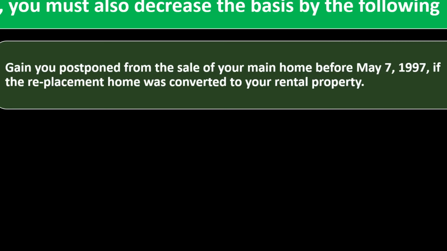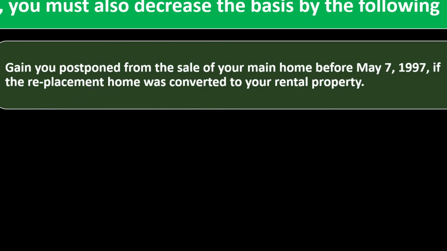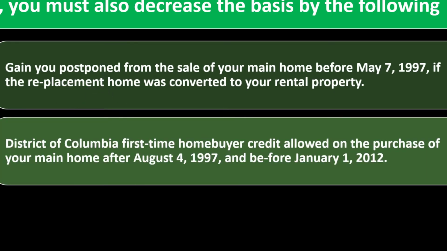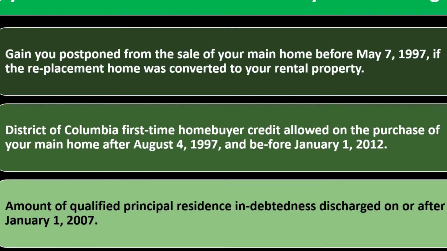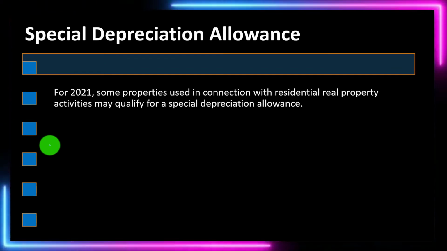recognize the gain. Currently, you have that exclusion when you sell the personal residence, which kind of distorts the whole transaction. Before that, it was a bit different in terms of how to get a benefit from your personal residence if you were to sell it. So in any case, District of Columbia first-time home buyer credit allowed on the purchase of your main home after August 4th, 1997 and before January 1st, 2012, amount of qualified principal residence indebtedness discharged on or after January 1st, 2007. Special depreciation allowance. For